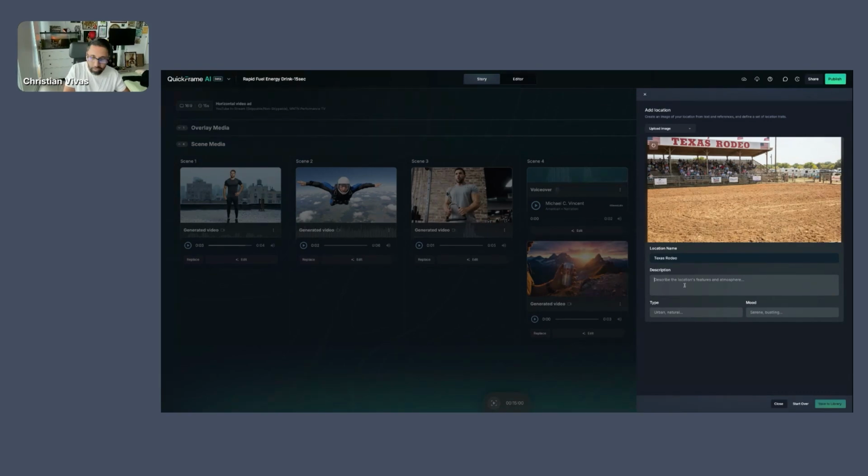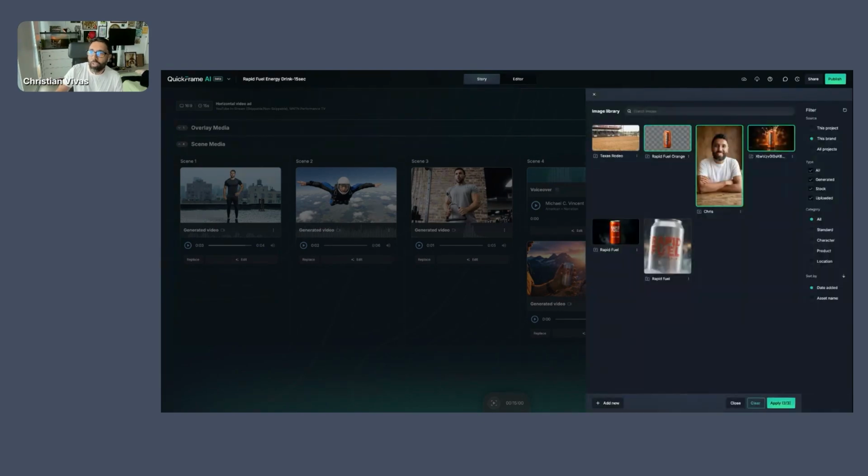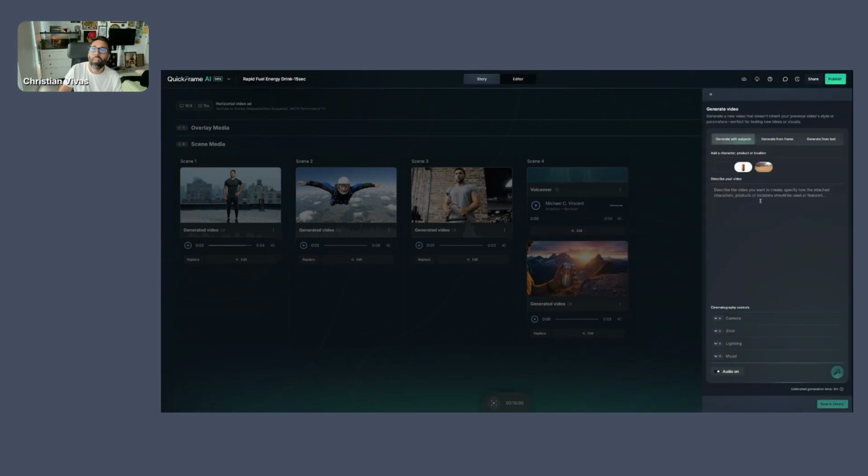I'm going to give it a description, a vast Texas rodeo. Here we go. I'm going to say this is a natural scene, bright and vast. And I went ahead and added now a location. So now we have our 3 reference images. Let me deselect this one. So we have it here, Chris, we have our product, and we have our Texas rodeo. As you guys can see here in apply, now we have selected up to our 3 images. So we're going to be able to apply them into our reference to video.